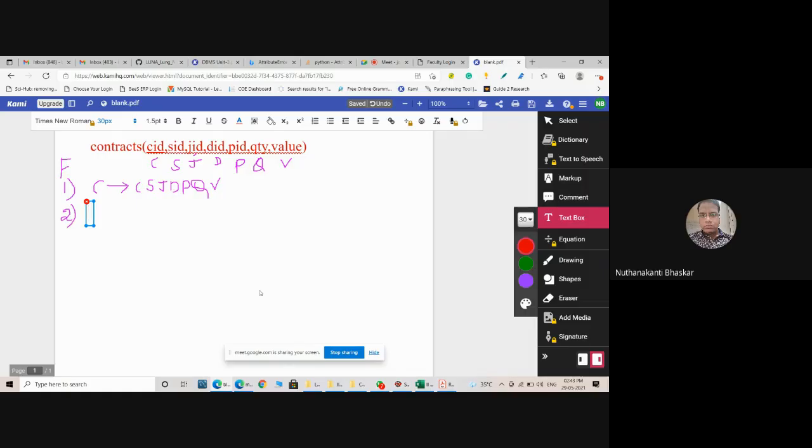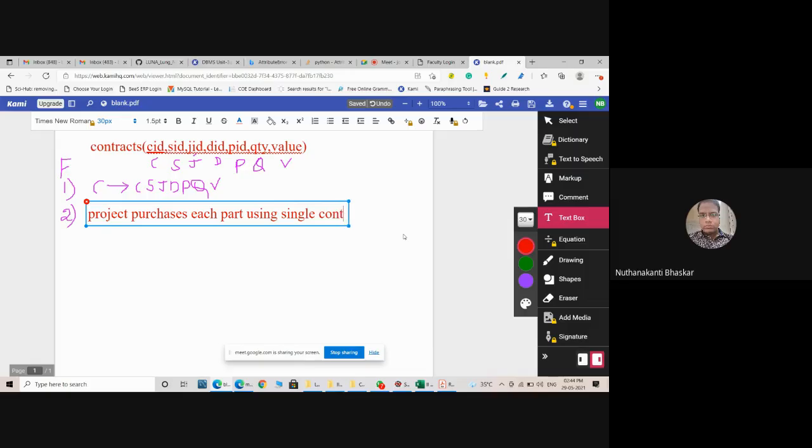Here, every project is going to purchase each part. Part means some part of the work. For example, login page is one part, database is another part, like that. Project purchases each part using